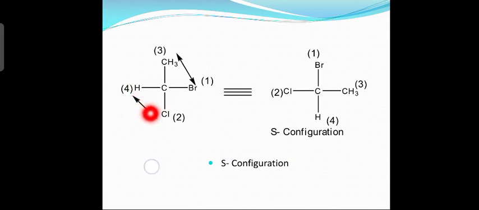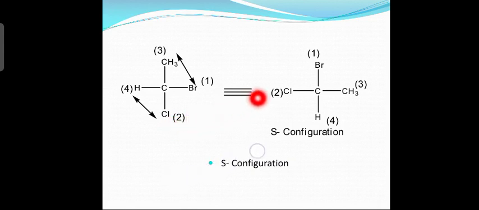Now this molecule you interchange in such a way that number 4 is away from the first number. So the first priority should get the top place, towards the viewer, and the least priority should get the bottom place, opposite to the viewer. That means first place here, fourth place here. For that you should interchange, and an even number of interchanges: 2 times. Once you cannot interchange, 2 times.